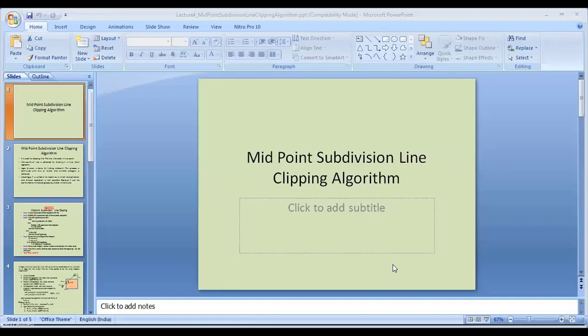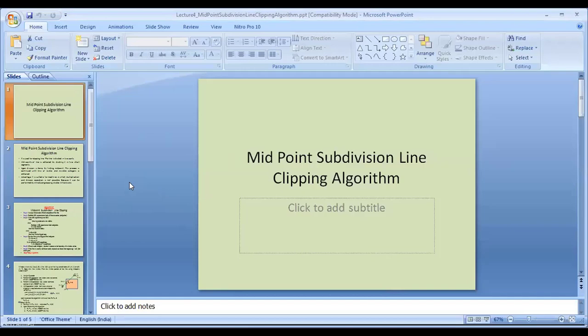So this topic is midpoint subdivision line clipping algorithm. It is very easy to understand. You have the basic idea of how the clipping is done using Cohen-Sutherland line clipping algorithm. Basically, in this midpoint subdivision line clipping algorithm, the major part related to the calculation has changed